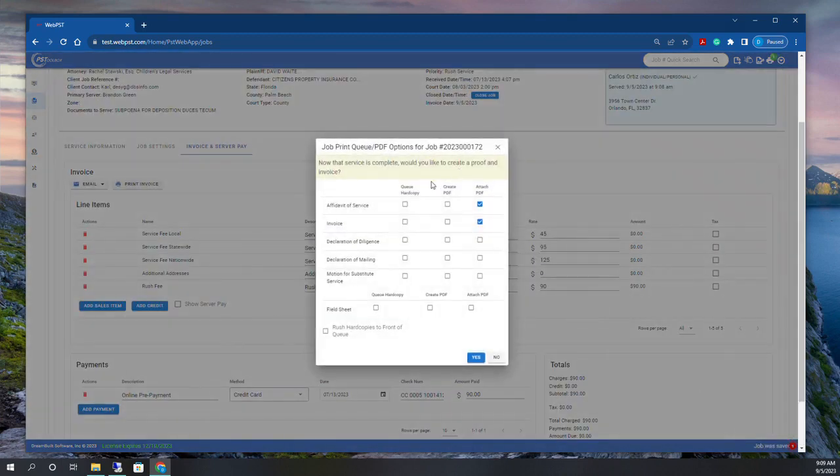And then my last step is what do I want to do with the affidavit? Do I want to print the hard copy? Or do I want to just attach a PDF, which means it gets attached to the job itself under attachments? Let's just do hard copy here just so that you can see what happens. So I'm going to do attach PDF and I'm going to do Q hard copy. So when I say yes,